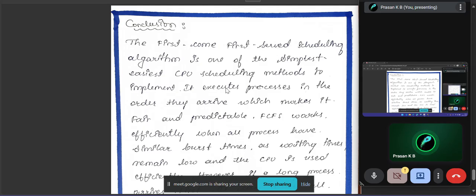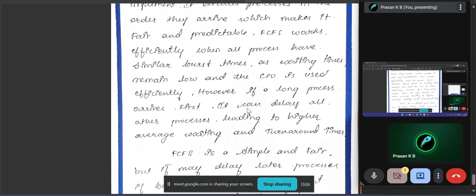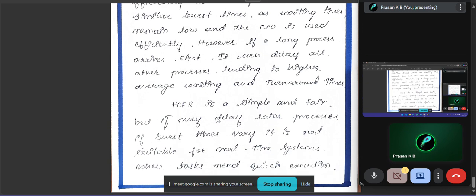The first come first served scheduling algorithm is one of the simplest, easiest scheduling methods, as it executes in first come first served manner. It is efficient when all processes have similar burst times, as waiting times remain low and the CPU is used efficiently. But it can delay all the processes, leading to higher average waiting and turnaround times. Though FCFS is simple and fair, it may delay later processes if burst times vary. It is not suitable for real-time systems where